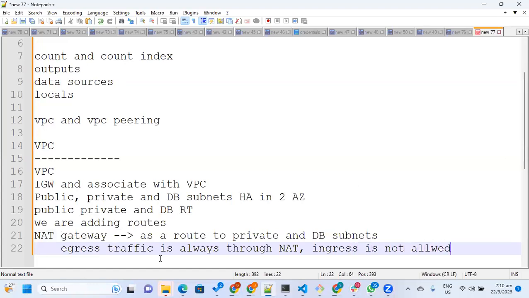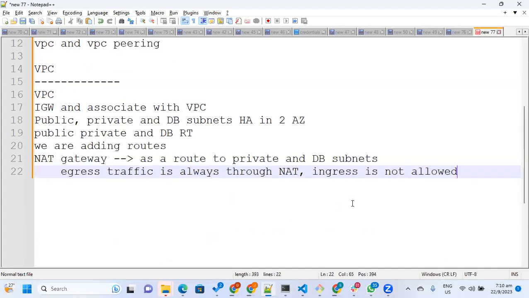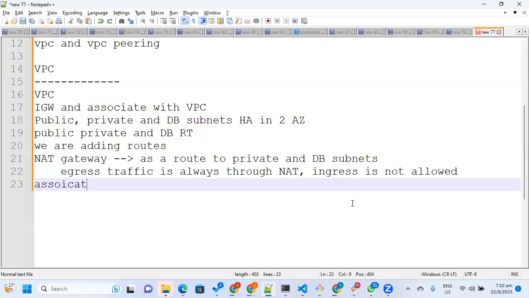If someone wants to meet us, they cannot. If we decide only, then we can meet them. So something like that. Okay, and then associations of